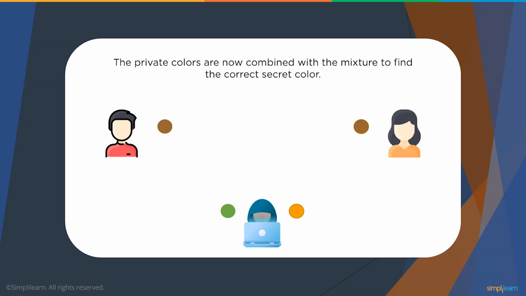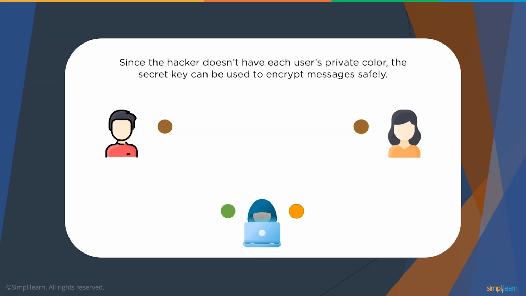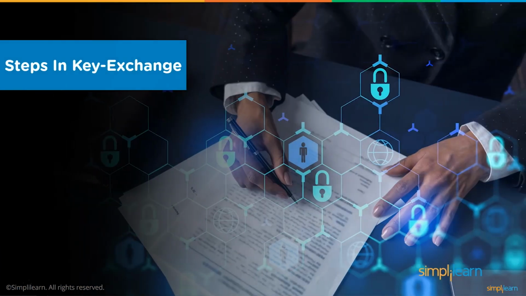This is how the one-way functions work, and the keys can be exchanged over insecure channels without compromising on the privacy. Now that we understand the theory and the root logic behind this exchange, let us learn more about the mathematical side of the Diffie-Hellman key exchange in our next section. We can break down the entire key exchange process into 3 distinct steps.